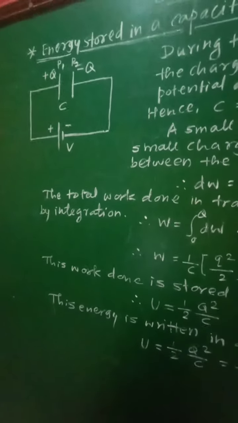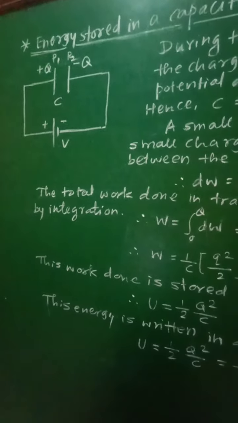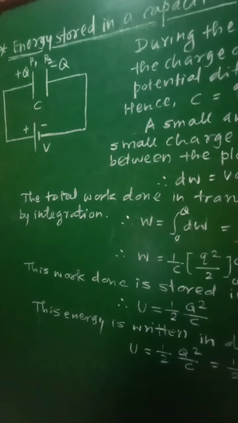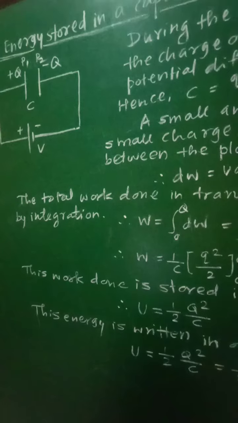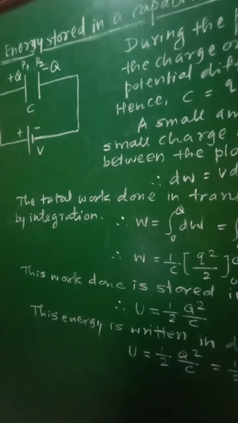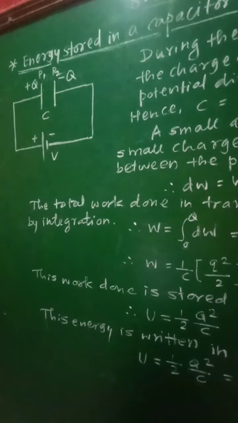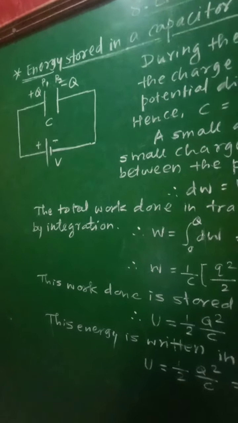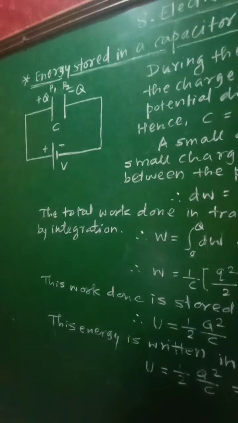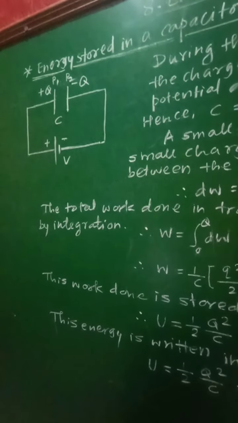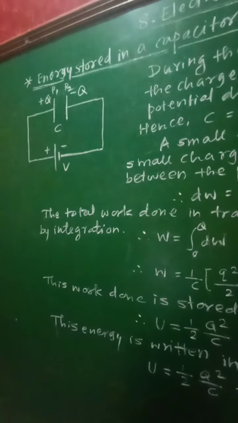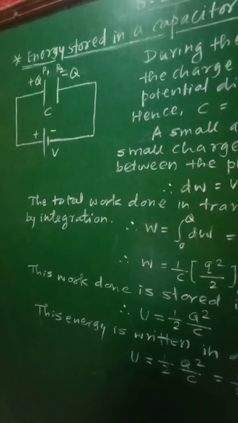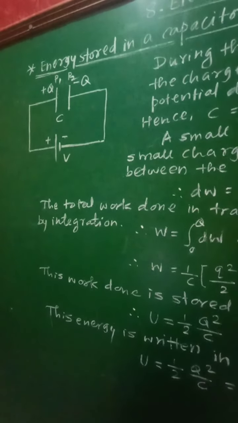So a capacitor stores the electric energy. When a capacitor is charged, there is transfer of electrons from one plate of the capacitor to the other. Hence, work will have to be done by the battery in order to remove the electrons against the opposing forces. This work done is stored in the form of electrostatic energy in the capacitor, and that energy can be recovered